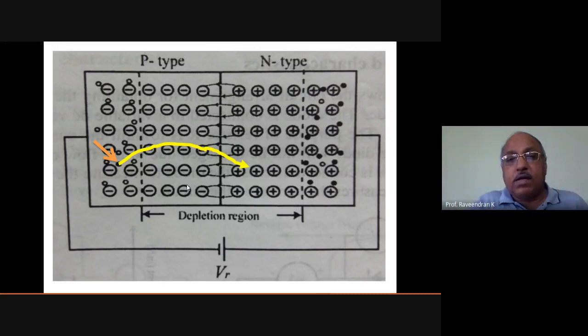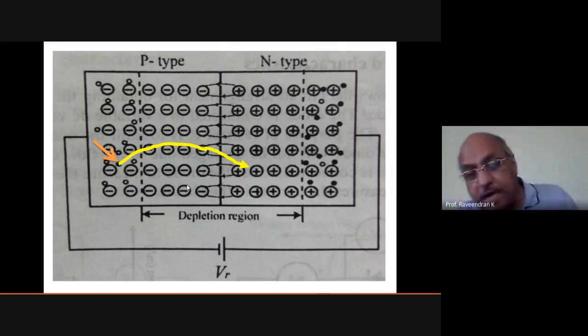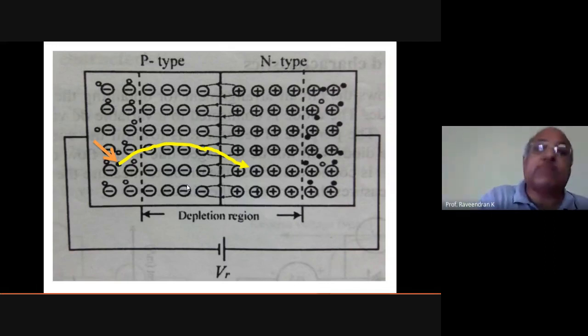been utilized in circuits for certain purposes, like rectification of alternating current in order to produce DC, or you can use such a device as a control device of current, that is, an on-off switch. You can consider it as an on-off switch. When it is forward biased, it will conduct current, that is the on condition. When it is reverse biased, it will not conduct current, that is the off condition.